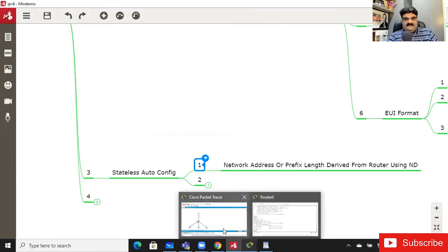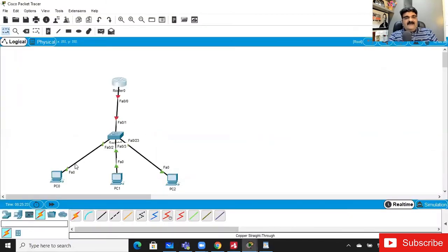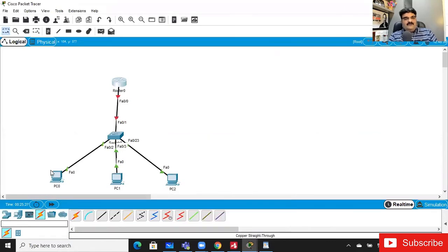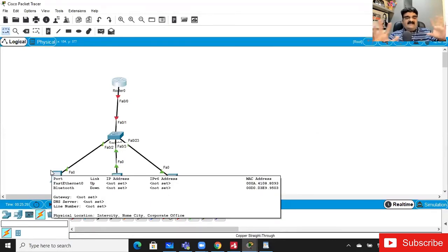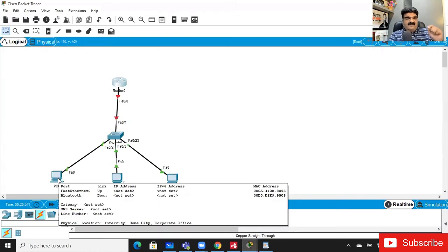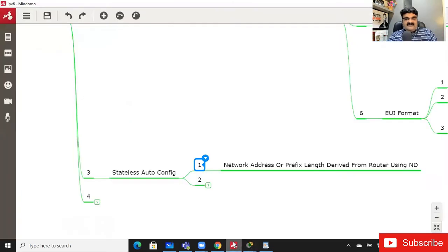In our lab, we have a router and we have a PC also. The configuration of the router is over now, and I want to assign an IPv6 address to my PC. In this particular requirement, I can use this stateless auto configuration.